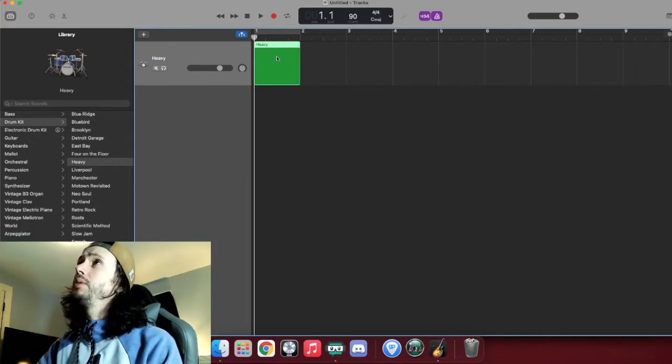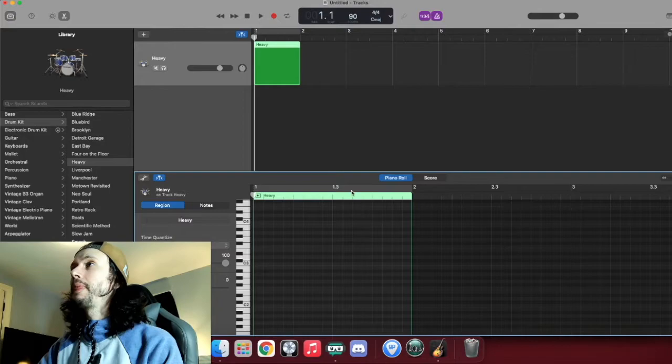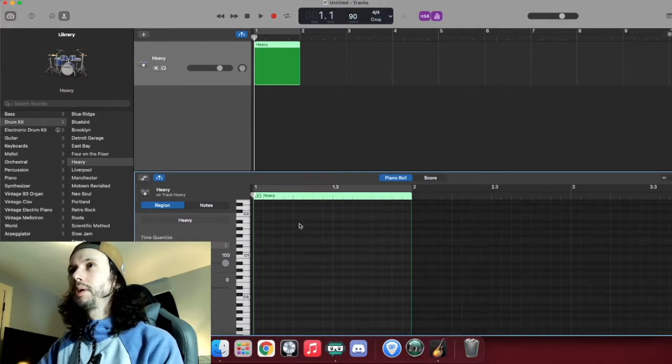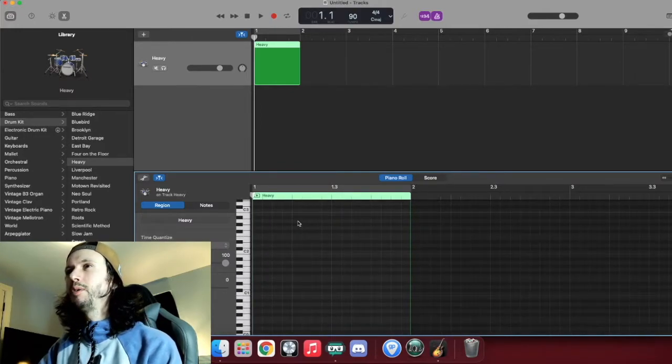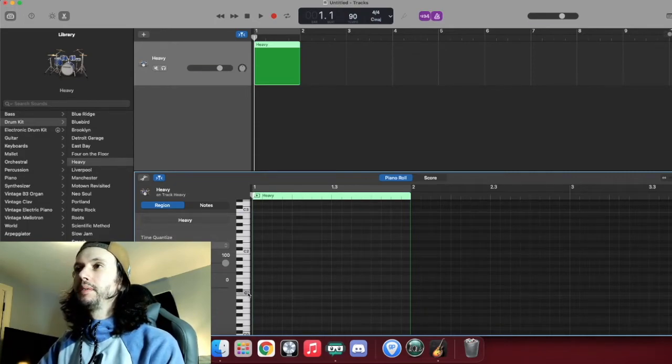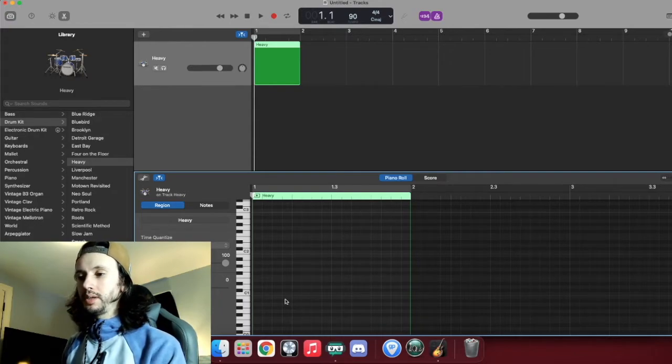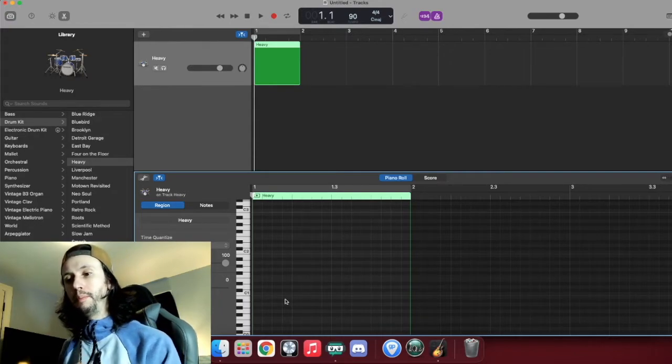So what you're going to do, double click in your MIDI region, and up here pops up what we call the piano roll. And the piano roll is basically almost like a typewriter for our MIDI region. If I click on these notes over here, you're going to hear drum sounds. For instance, C1 is our kick drum, D is our snare drum. So what I want to create right now is just a simple kick on 1 and 3, snare on 2 and 4. So boom, pap,